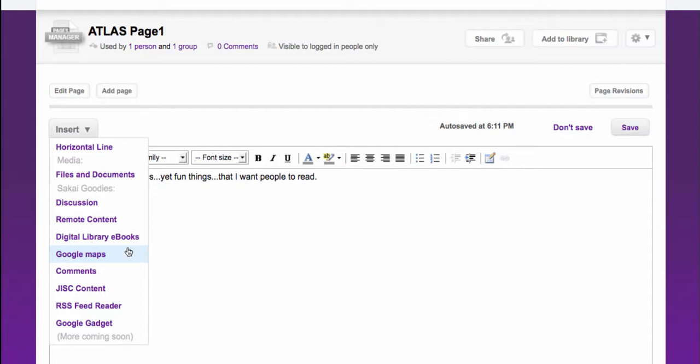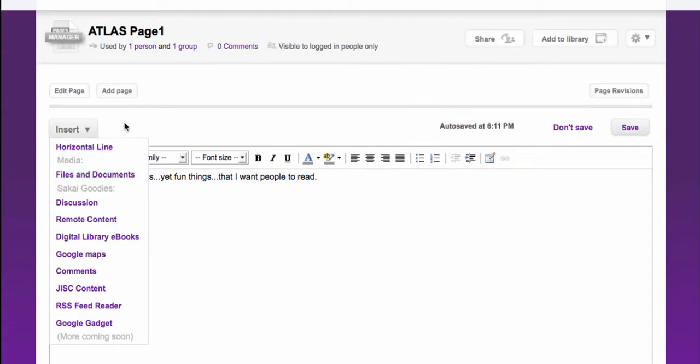So there are lots of different uses for this. One is just as a basic kind of web page environment. In a course, you might ask students to bring in different pieces of content from the course and begin to write about them and bring them together. You might use these pages to get feedback, so to add discussion widgets in it. So you can use the page as a very flexible page that incorporates text and widgets and external content.